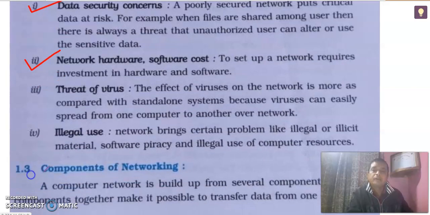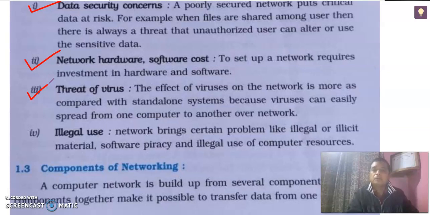The next is the threat of virus. Being in a network or sharing information, there is always a threat of viruses. All the computers which are in a network are more vulnerable and prone to the threat of viruses, and it is not as secure as standalone systems. Standalone computers or systems are those computers which are not in any network. They work alone and they do not provide access to any computers to have any sort of communication with them.